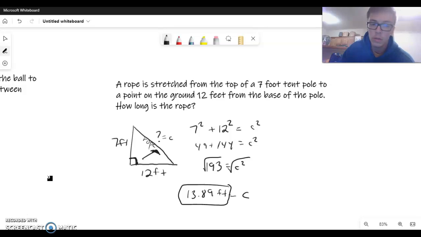Now, like I said, do not get in the habit of these always just being instinctively the hypotenuse. It's not always going to be that way. You need to make your picture. You need to be solving for the missing side, whichever one's missing. If you have any questions, please let me know. Please make sure you're showing all your work,